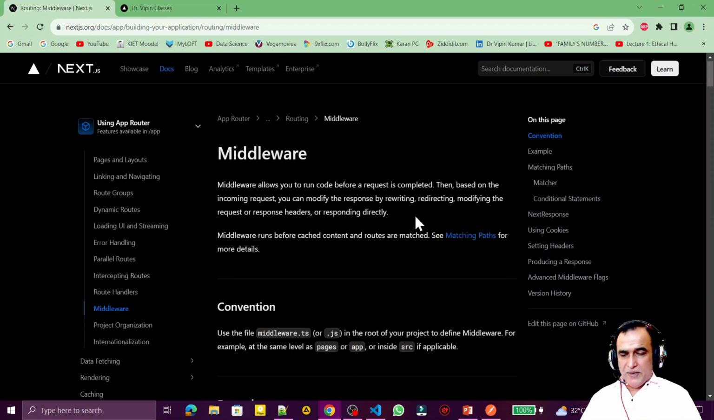So, what is middleware? Middleware allows you to run code before a request is completed. Then, based on the incoming request, you can modify the response by rewriting, redirecting, modifying the request and response headers, or responding directly. And in a simple way, if I try to explain, when you make a request by using a web page,